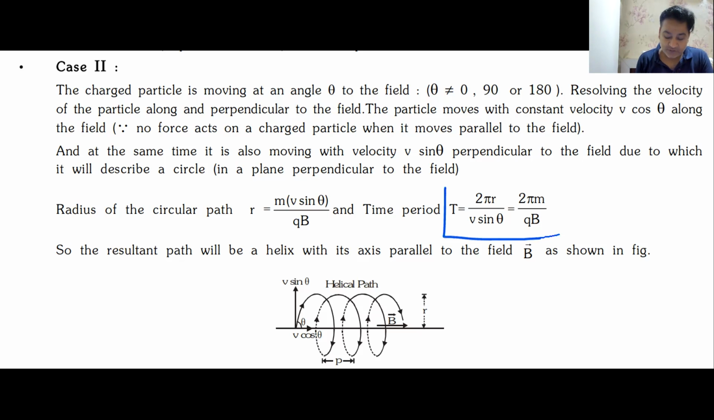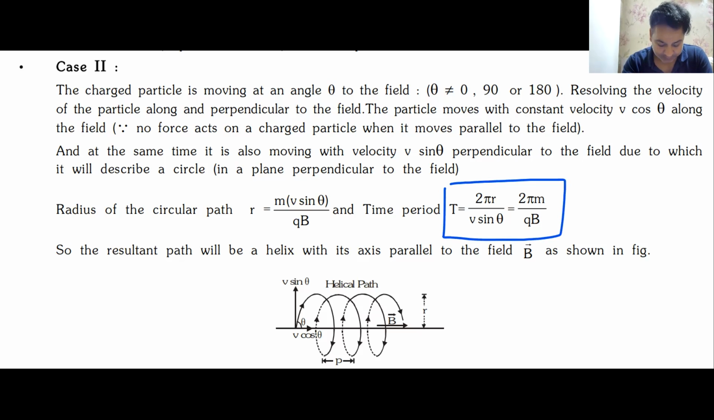And you know the time period of this helix, yes or no? And you also know the pitch, the distance traveled in the horizontal direction in one rotation. You must be knowing this, helical screws. All these things would be known to you. Let us not waste time there. Now,